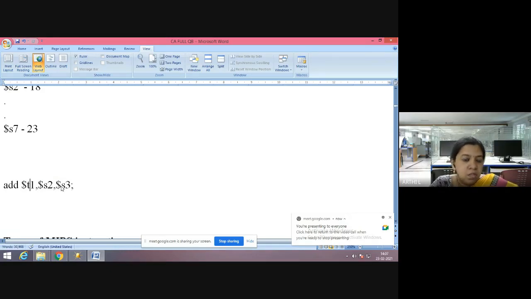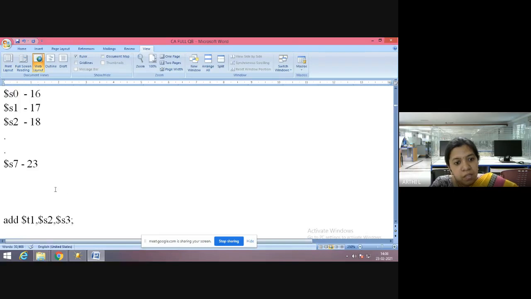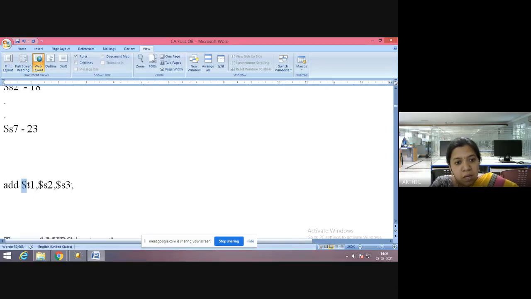T you can use, S you can use, in combination you can use anything like that. But the instruction should use only these inside dollar. So here, dollar S2 plus S3 is the meaning, that is S1 is equal to S2 plus S3.